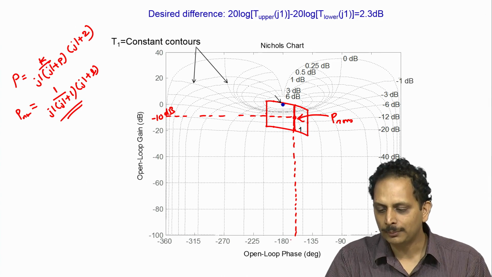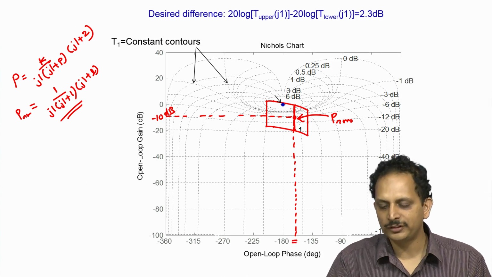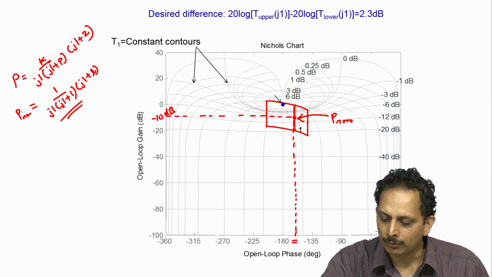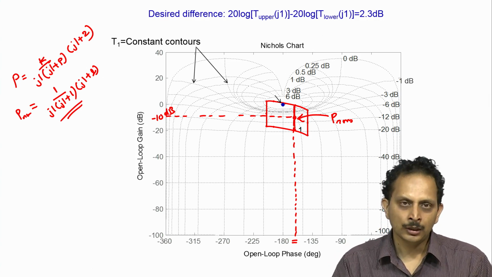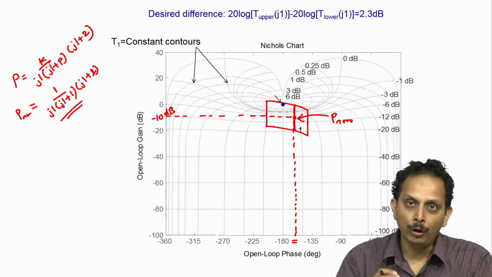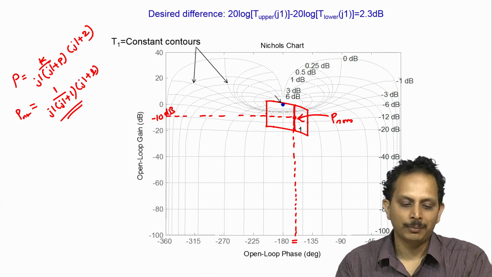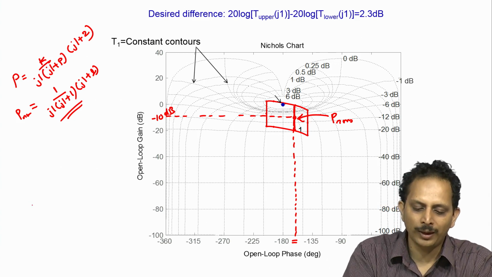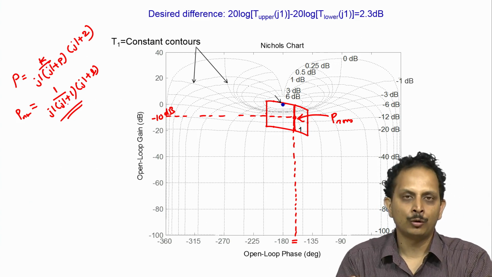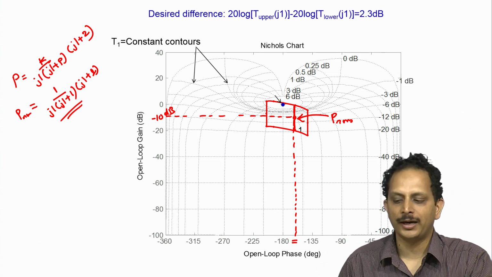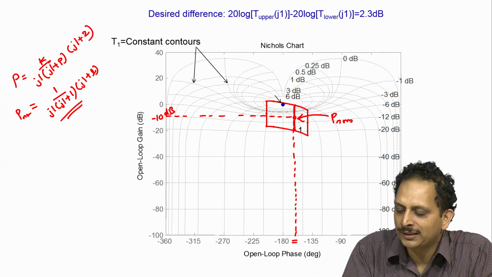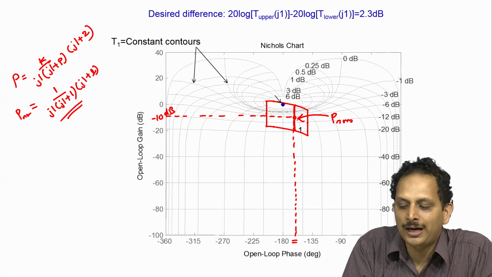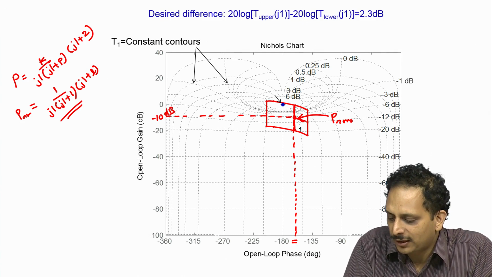The phase of the plant transfer function will remain the same, which is given by this number here, and the magnitude however will reduce. Now, if the pole location were to change, but the gain were to be its nominal value, so if the gain was equal to 1, but the pole location could assume values between 0 and 2, then we can show that the plant transfer function will change its phase and magnitude along a certain curve in the Nichols plot.